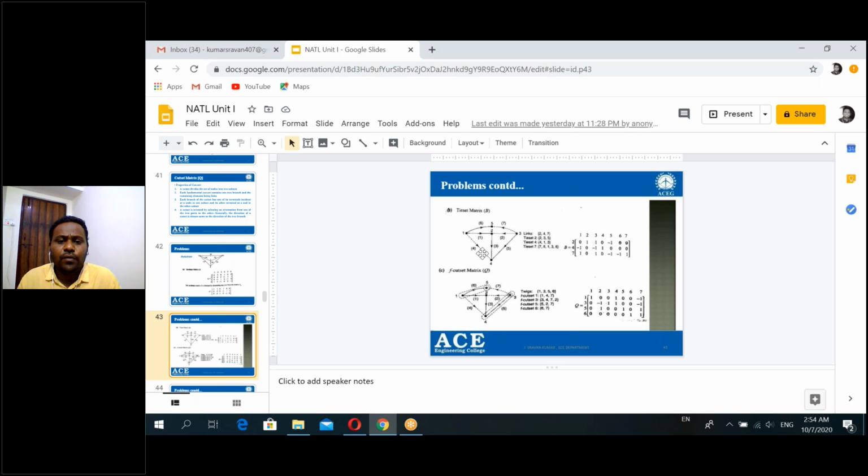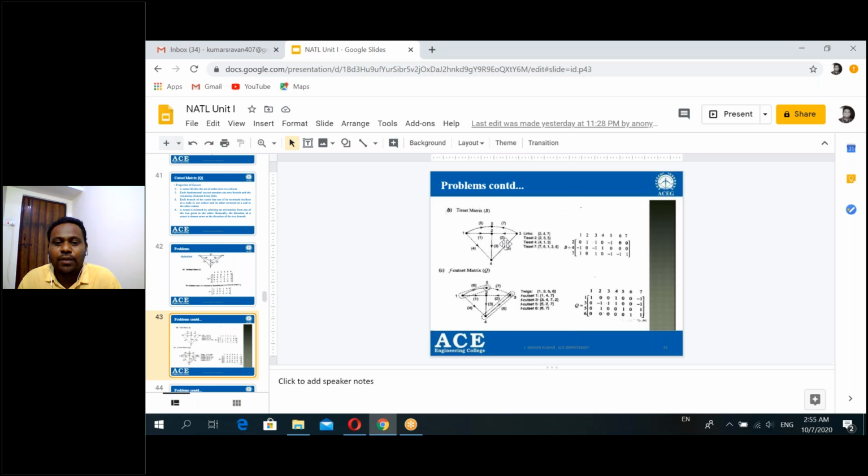Next, tie set 4, that is link 4: 4, 1, 3. This is another loop. In this loop there should be one and only one link, not more than one. That link is 4. The remaining branches 1 and 3 are twigs, the dark lines.